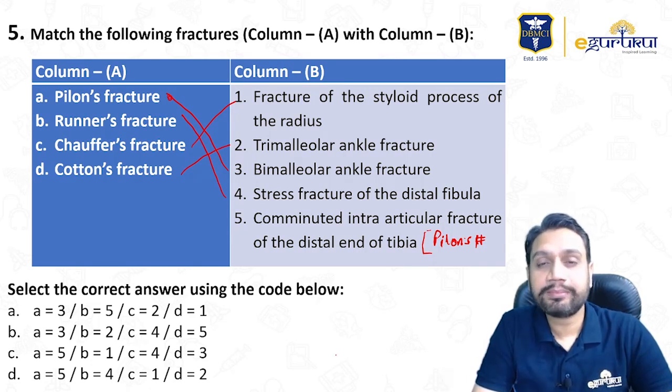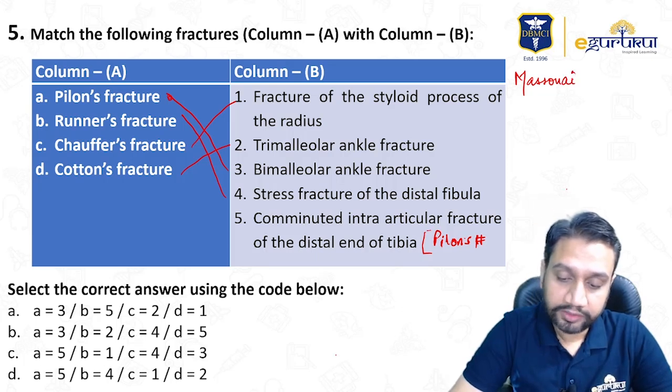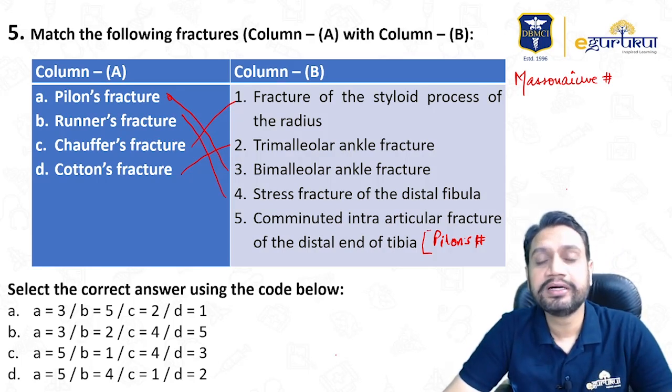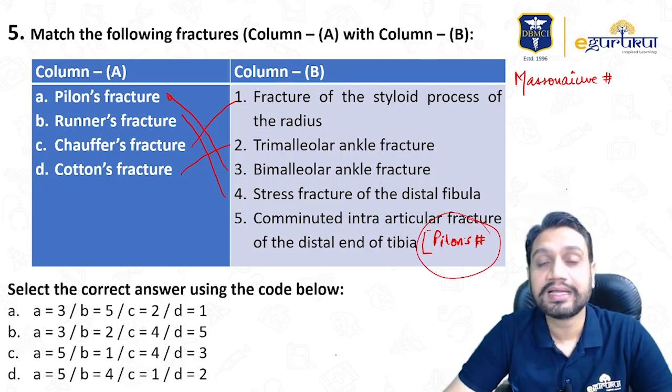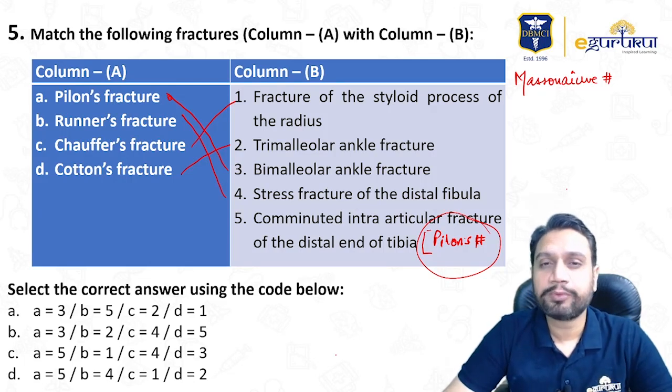When you move on to the lower end of the tibia, you must remember these fractures: the pilon fracture, Cotton's fracture, the Maisonneuve fracture. What is that Maisonneuve fracture? So Maisonneuve fracture is the one in which we have a patient who has got fracture of the distal end of the tibia, the ankle area, intra-articular fracture of ankle with fracture of the proximal fibula, which can involve the common peroneal nerve, right? Then we have the pilon's fracture or the plafond fracture, which is an intra-articular fracture of the tibia, the ankle joint, right?